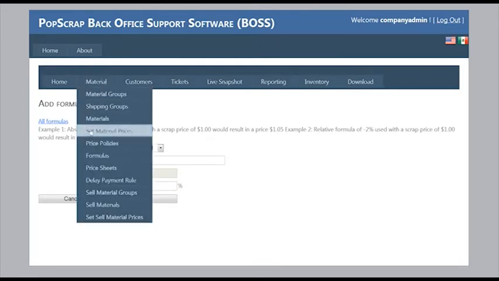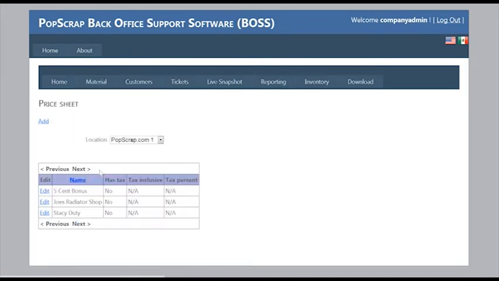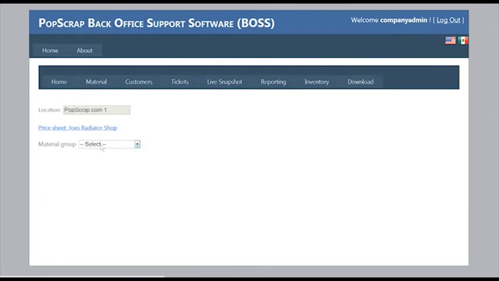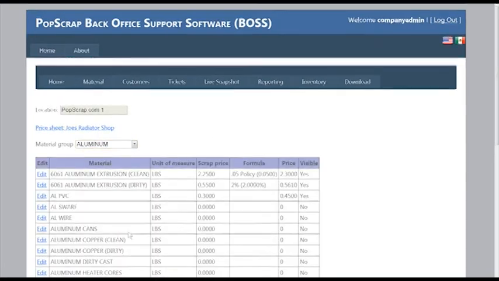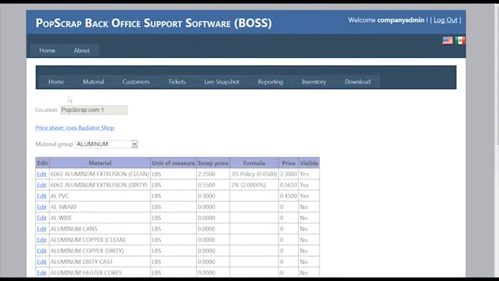And then of course back over in your formula pricing, you can go back to your price sheets, select your price sheets, go to materials, and you'll notice under the materials you can go back over here and set your pricing either flat by the percentage or by the dollar amount. So very simple for price sheets.